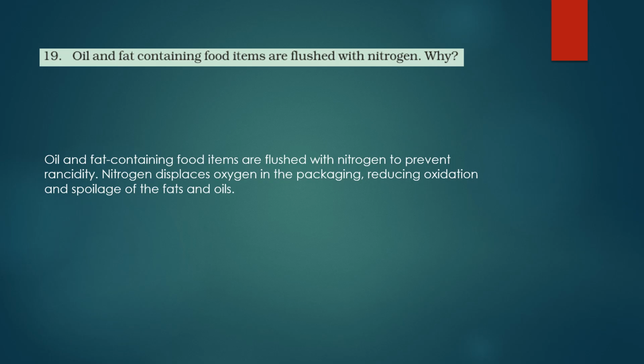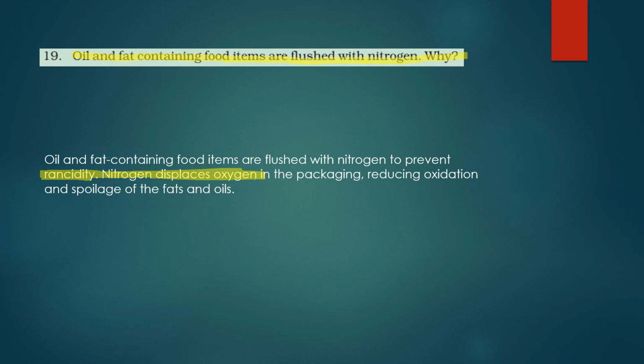So the next question is, oil and fat containing food items are flushed with nitrogen. Why? ये हमने टॉपिक कहाँ पढ़ा था? जब हमने रैंसिडिटी कंसेप्ट को एक्सप्लेन किया था। ये रैंसिडिटी को अवॉइड करने के लिए है। फैट्स और ऑयल स्पॉइल हो जाते हैं क्योंकि उनका ऑक्सीडेशन हो जाता है। So in order to prevent this, we add nitrogen,